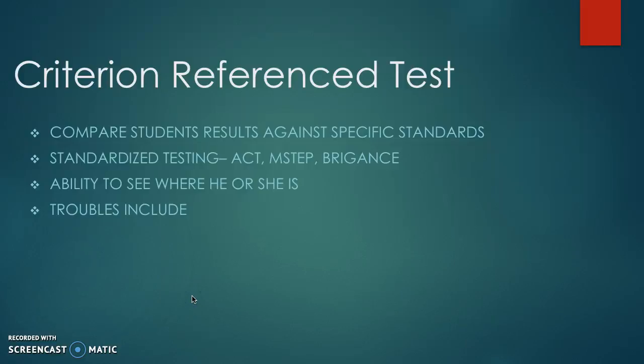The criterion reference test is the first I'm going to discuss. This test compares results against specific standards. It can also be shown in the ACT, M-STEP, and the Brigance test. This will show where the student may be, where their abilities are, their struggles, and where the teacher needs to work